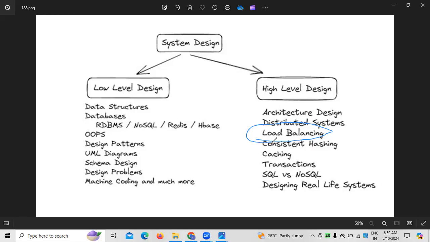So high level design is required. High level architectural designs and everything are needed. At the same time, we must know about distributed systems, all that is required. So distributed systems and everything is also needed. That is also essentially needed over here. At the same time, load balancing is nothing but whatever load you are going to maintain among